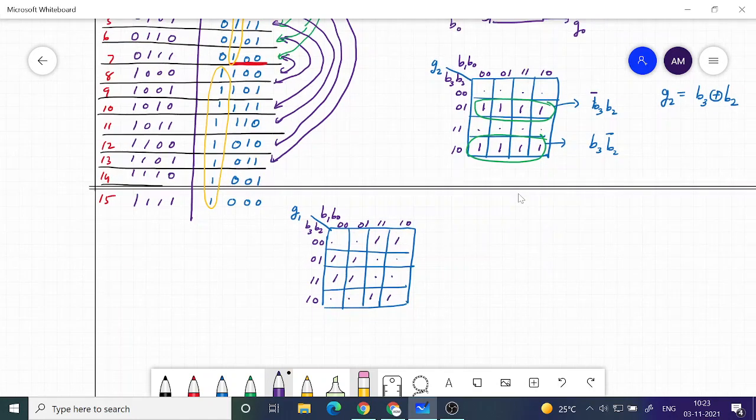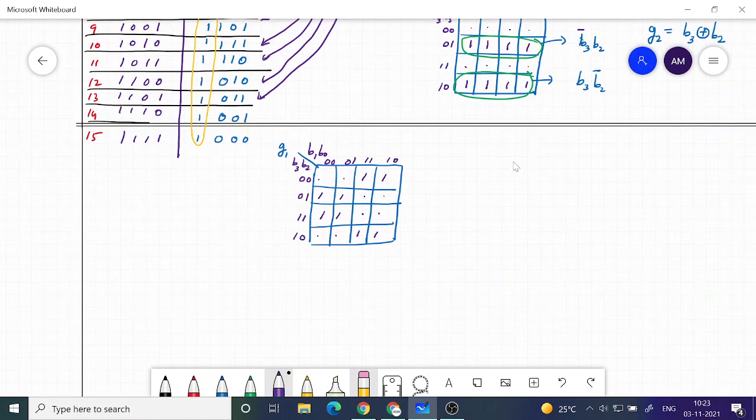So this is the entry for G1, and if I group it, I can make a group like this, and a group of 4 like this, another group of 4 like this. This group is basically what is not changing: B2 is 0, and then B1 is 1.